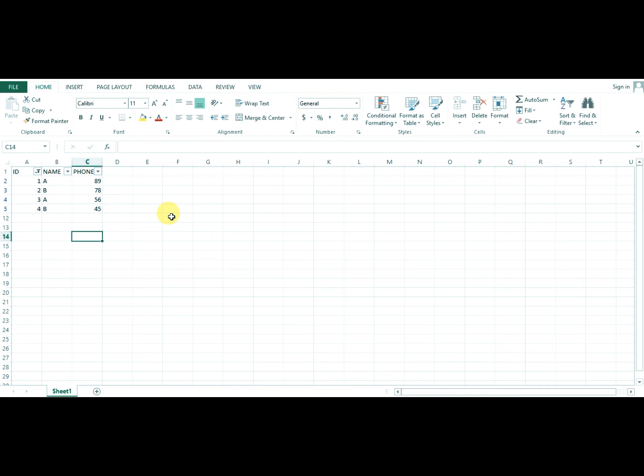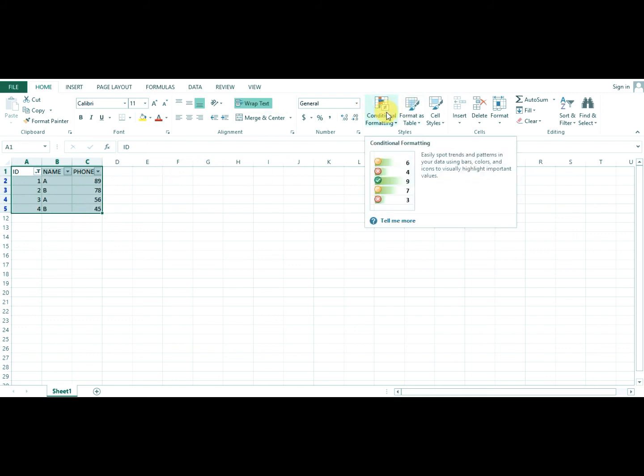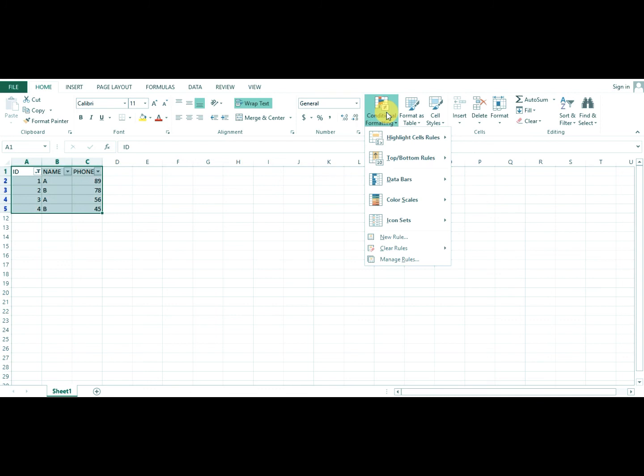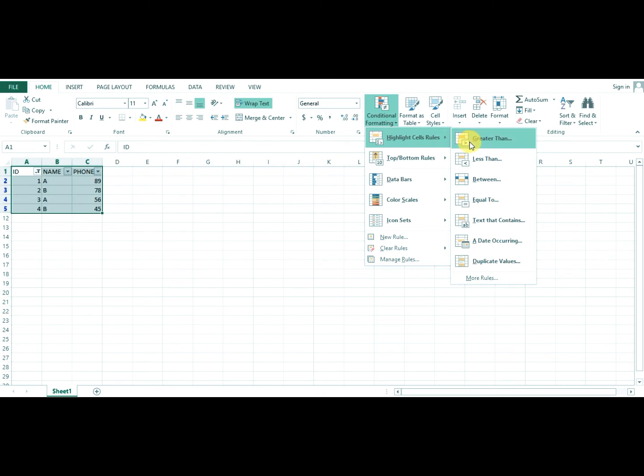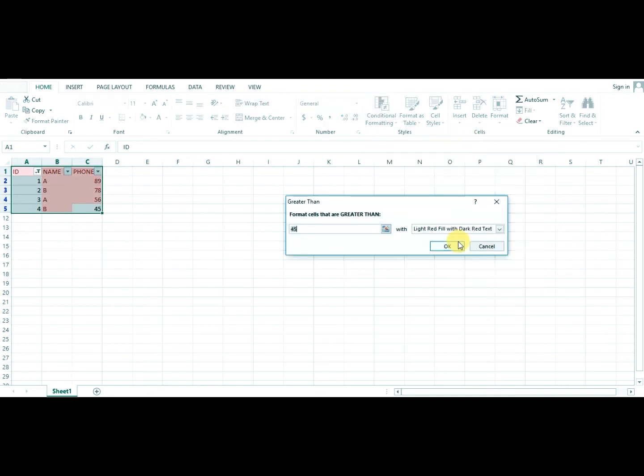Actually, conditional formatting highlights a specified row or column, or makes a specified row and column colorful. Okay, it's called conditional formatting. Highlight the selected cell. So select the table, and you can see my option, conditional formatting. Click on Highlight Cell Rules. Suppose I want to use Greater Than, so you can see, click on OK, 45, up to light red.